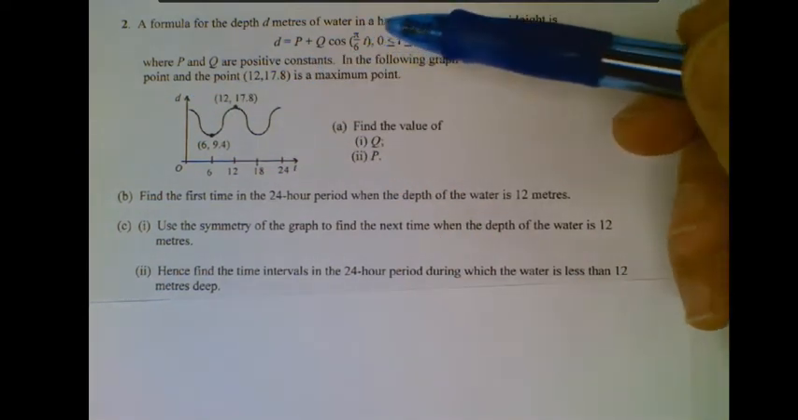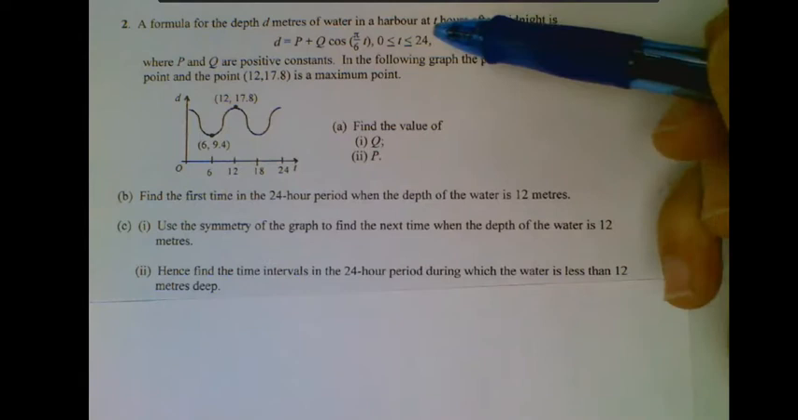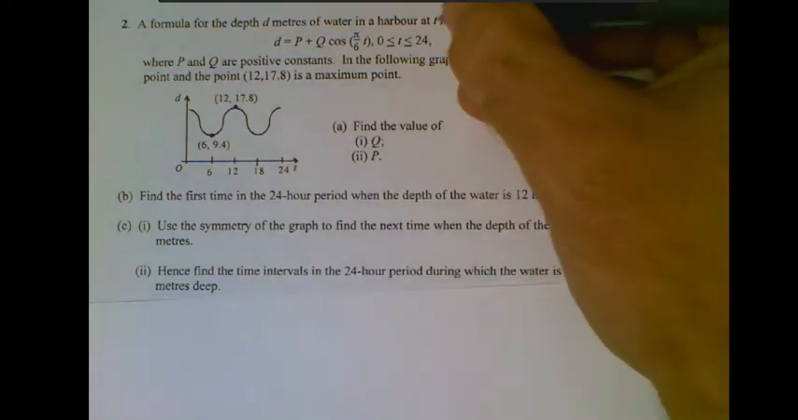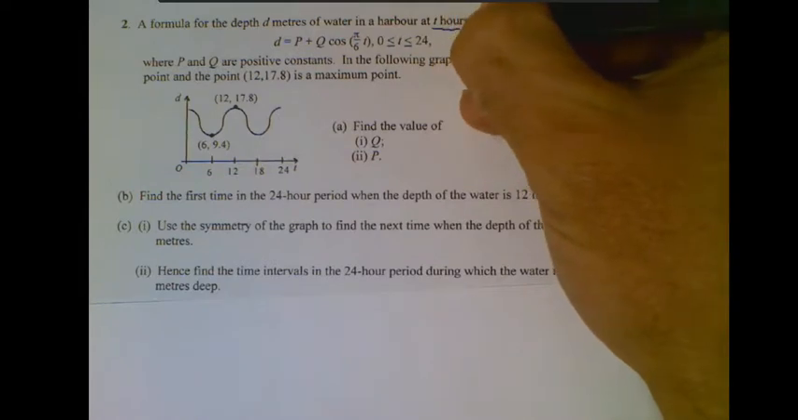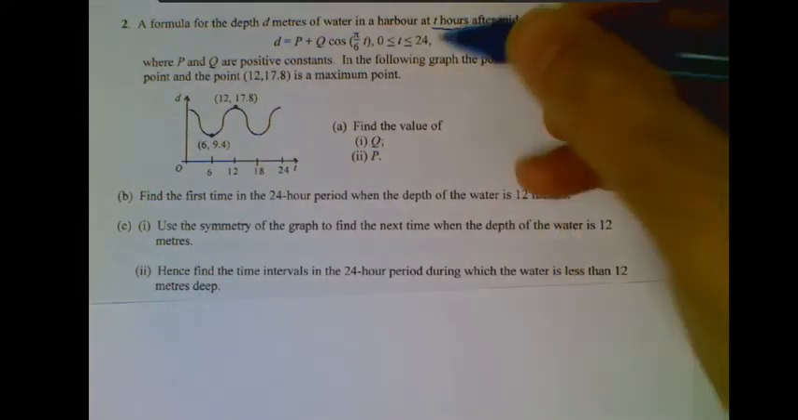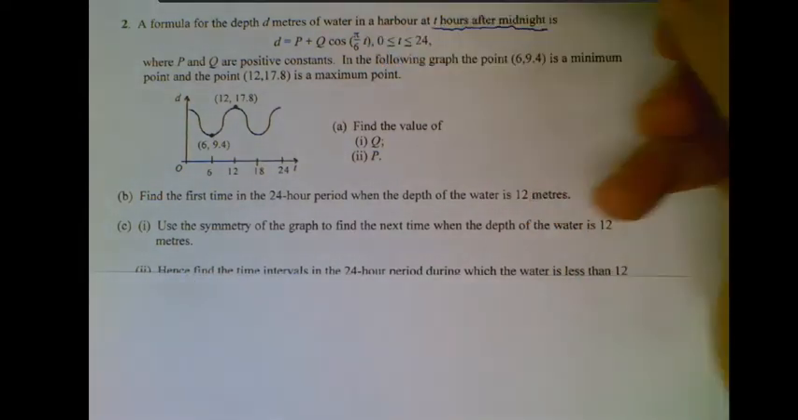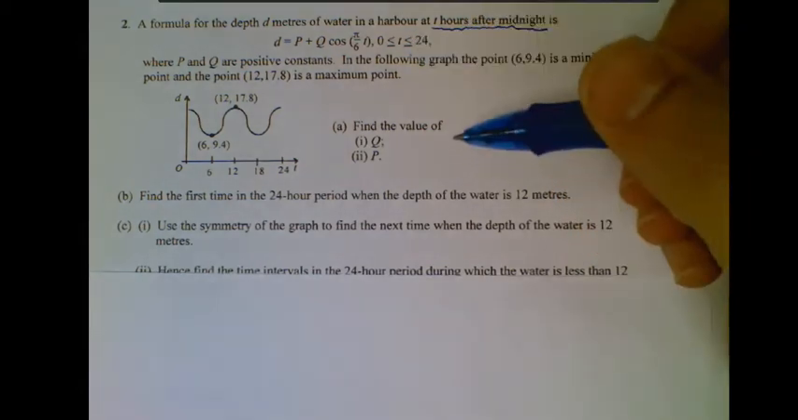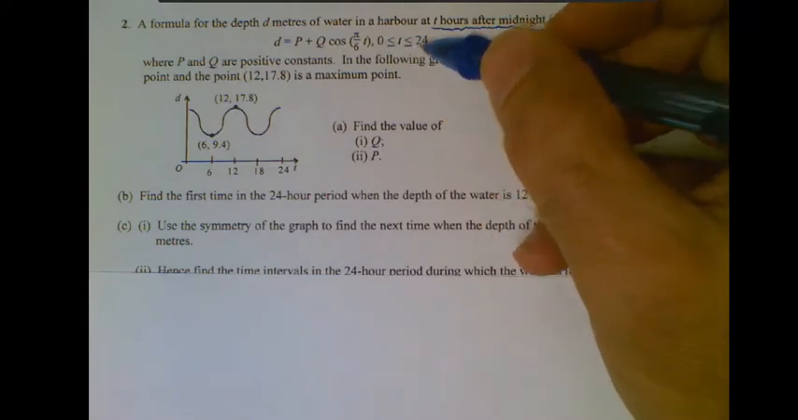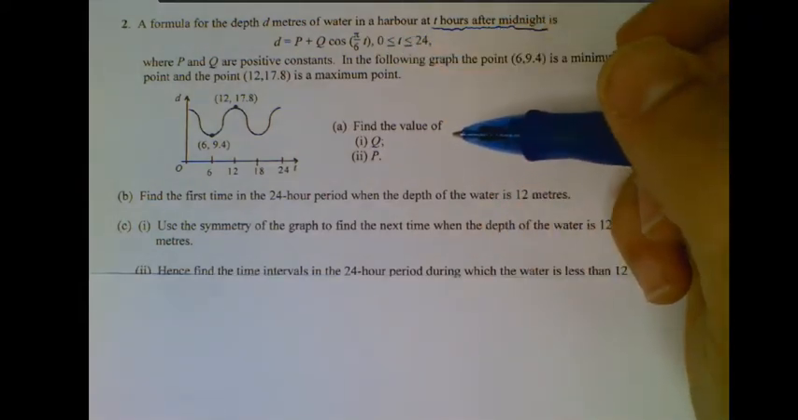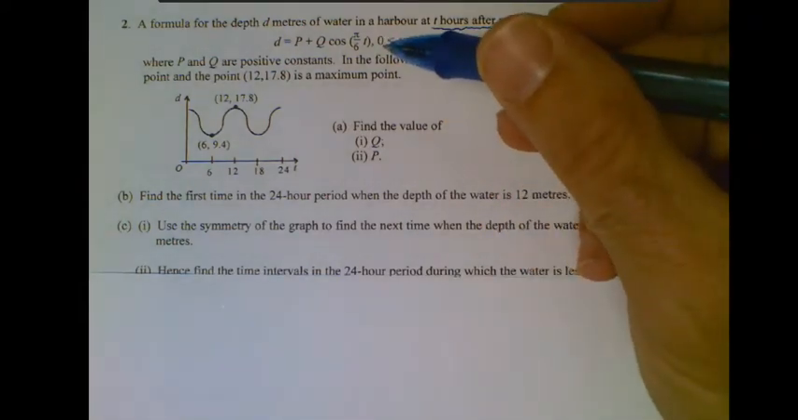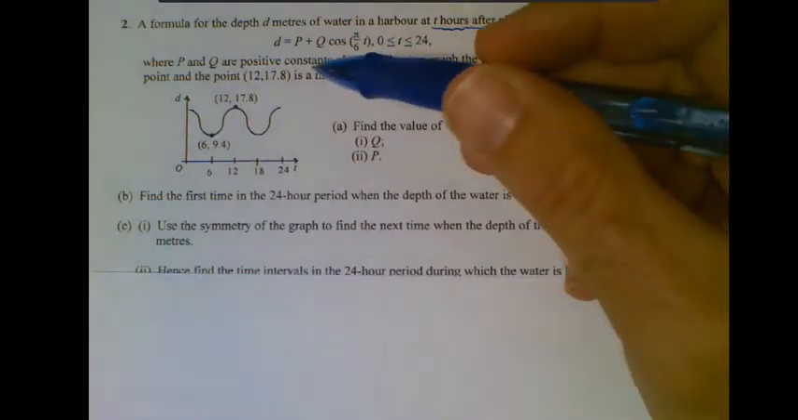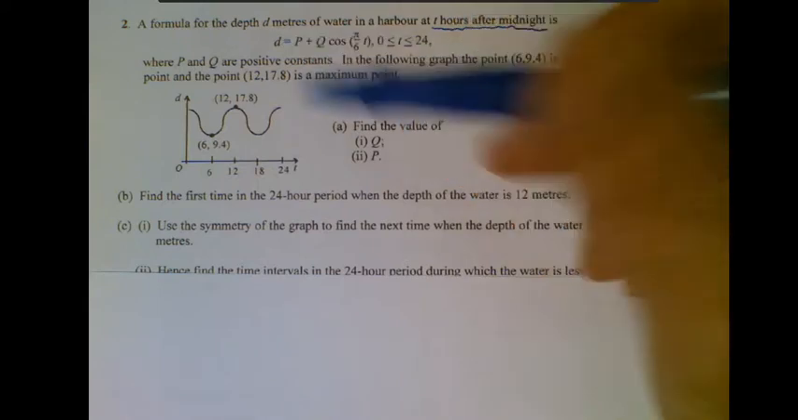It talks about meters of water in the harbor T hours after midnight. So it's always really important that you notice the details like that. If you look at the equation that we're given, they're telling us that the domain T is in hours, and you can see based on this, it represents a 24-hour period, basically from midnight to midnight. And we know the result, the Y coordinate, the value would be